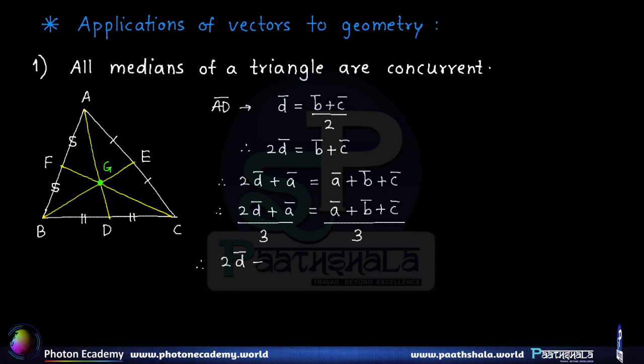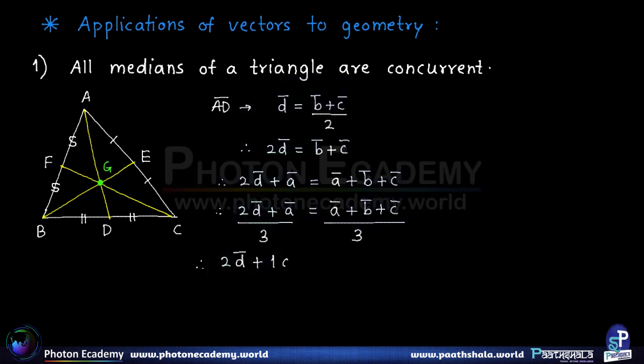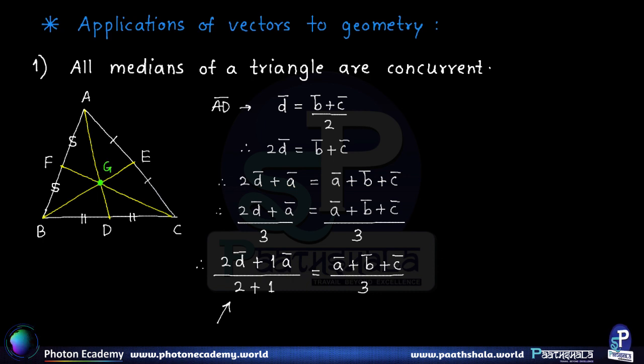It's 2D bar plus, we purposefully write A bar as 1 A bar, divided by 2 plus 1, is equal to, right side remains unchanged, (A bar plus B bar plus C bar) whole upon 3. Now if you look at the left hand side, clearly we identify that it is the section formula for internal division, and it indicates the position vector of that point which divides the segment AD